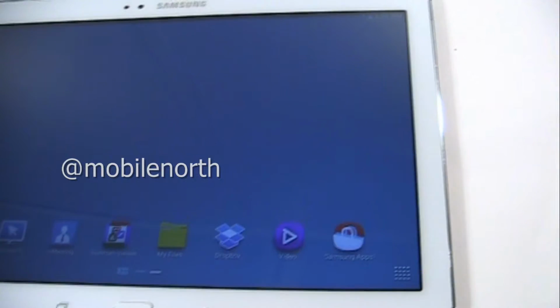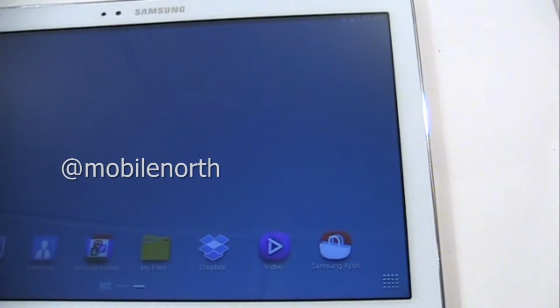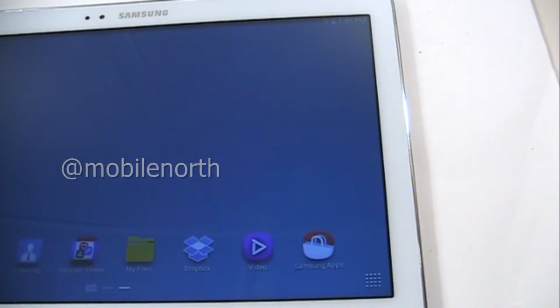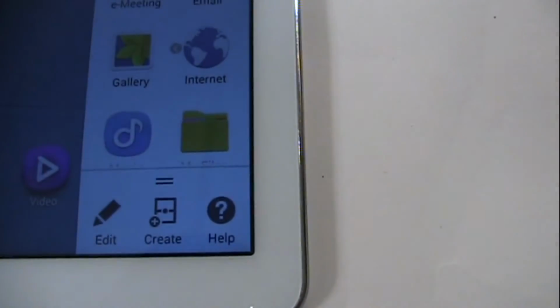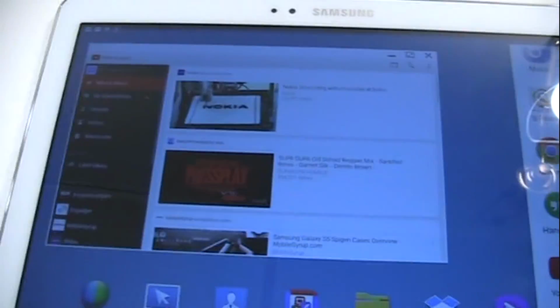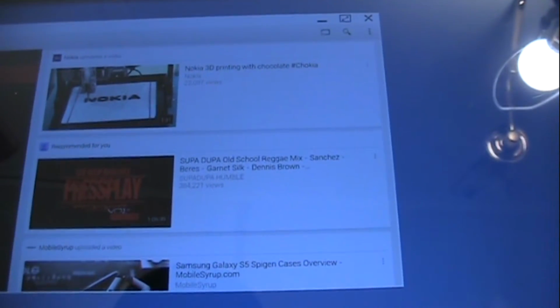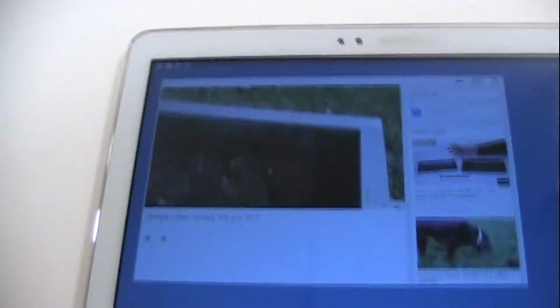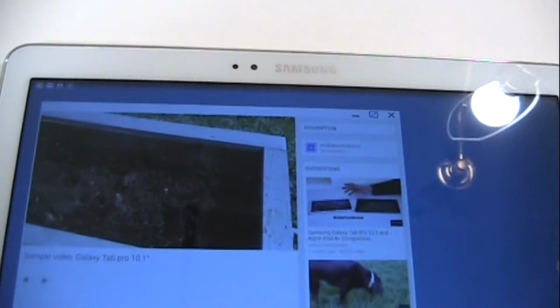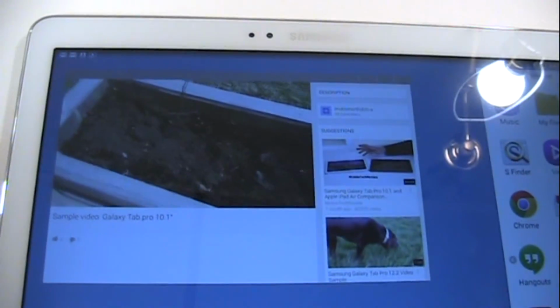Okay, so in terms of the UI, one of the features that I wanted to show you was the Samsung TouchWiz multi-window. If you just swipe from the edge here, it will open up a whole bunch of default apps which you can easily switch around just by hitting this button here, and you can edit them. But just for the sake of this example, I'm going to open up this and I will play the sample video of the Galaxy Tab,